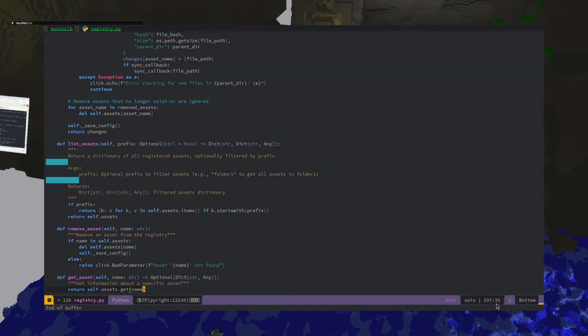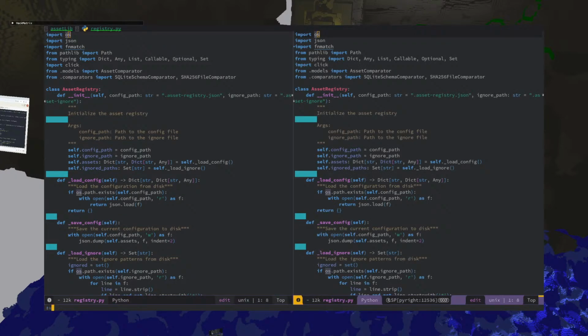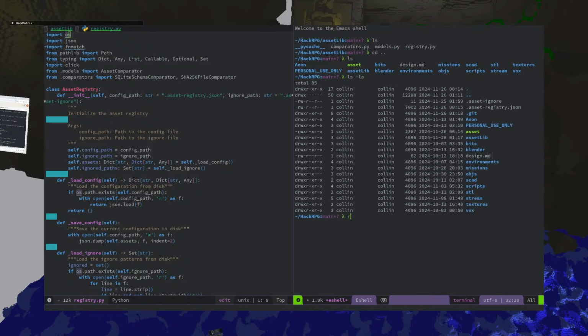Okay. So this should be the advanced version, which allows me to track assets in a directory individually. So to use this, I need to rm .assetRegistry.json and then asset add objs.